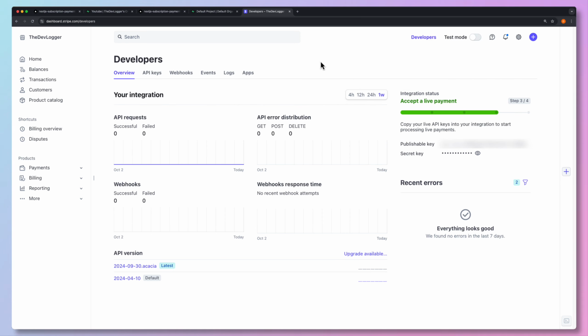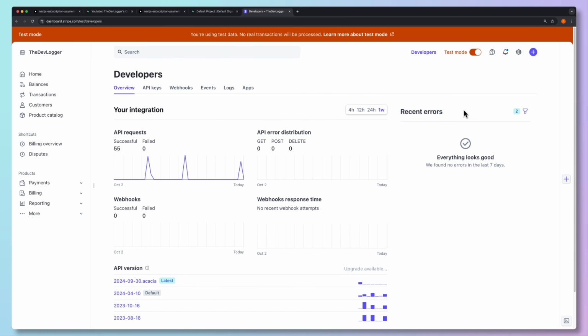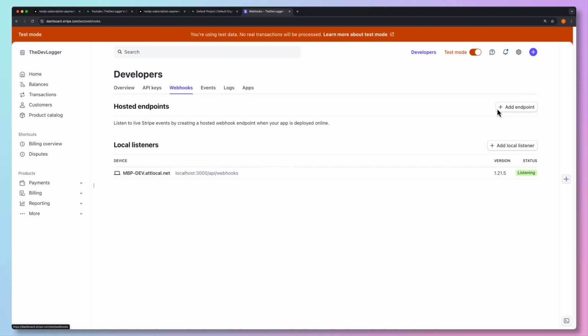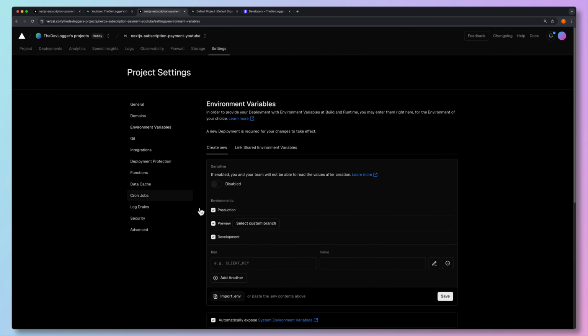However, for this purpose, I'm going to do it in test mode because I'm not going to be taking any actual real payments on the website that I am deploying right now. The first thing we want to do is create another endpoint. So go to webhooks, add endpoint, and to get the endpoint URL of our Vercel hosted website, we're going to